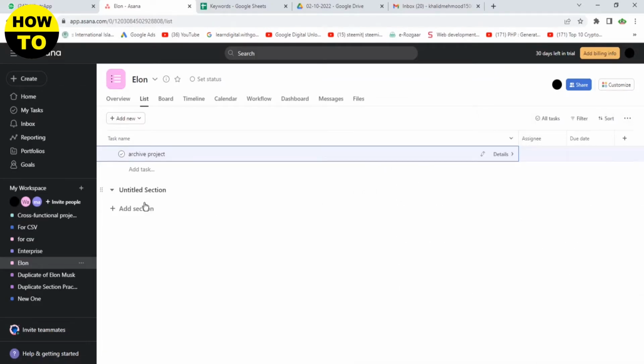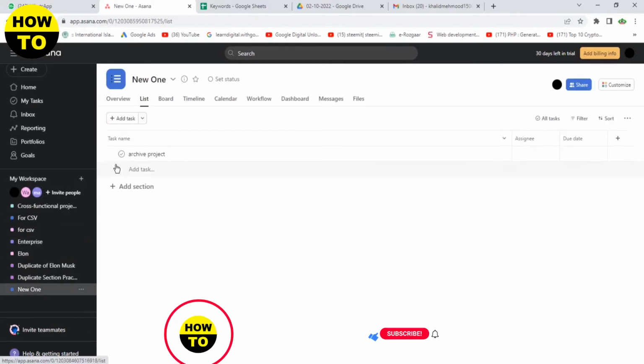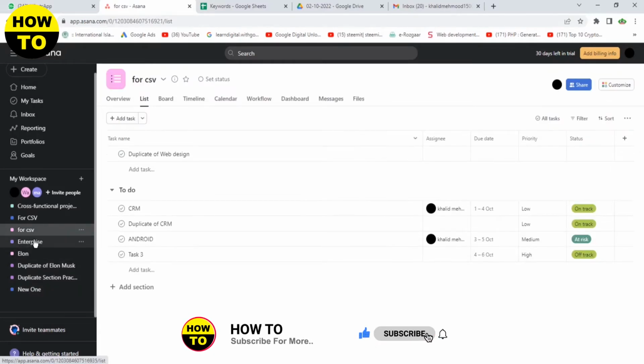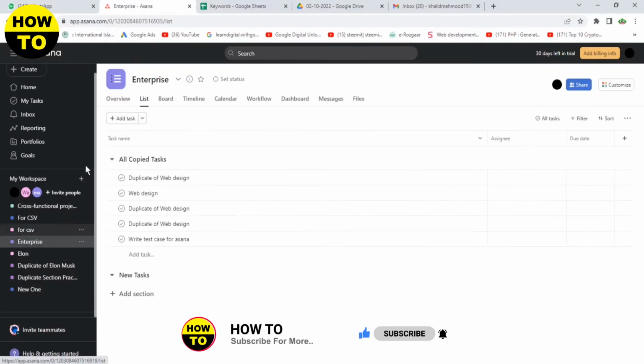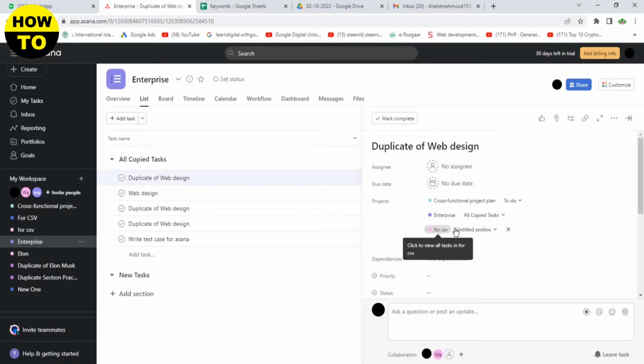Now you can click here. Now again we have opened the new one. Now you can see the archive project is shown here. So you can also add tasks in different projects, like we are again